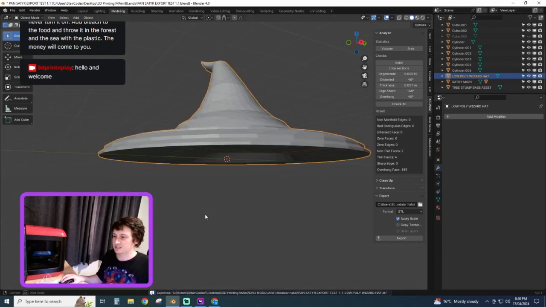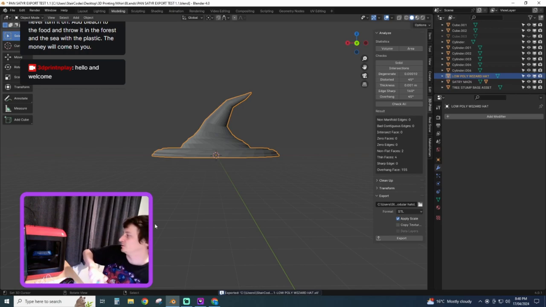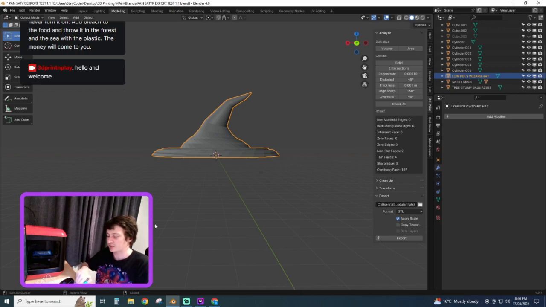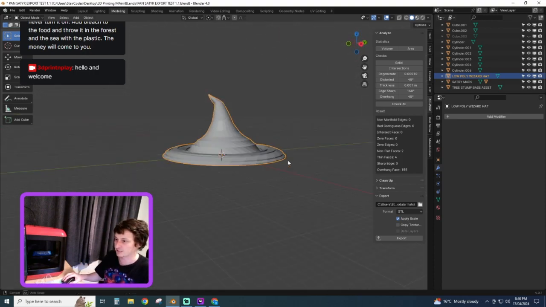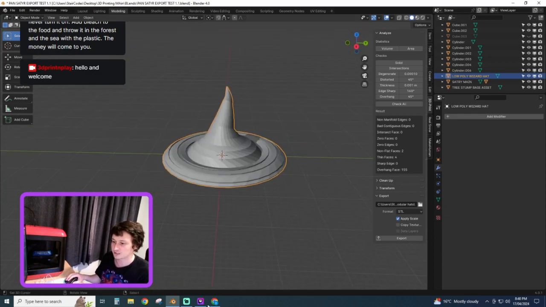And low poly wizard's hat that's modular. You could put that on multiple miniatures if you want, or something like that. You shave the head off your minis and glue it on top, whatever you want, but it should be versatile with lots of different minis. And I've left it pretty open for whatever you want to do with it there.